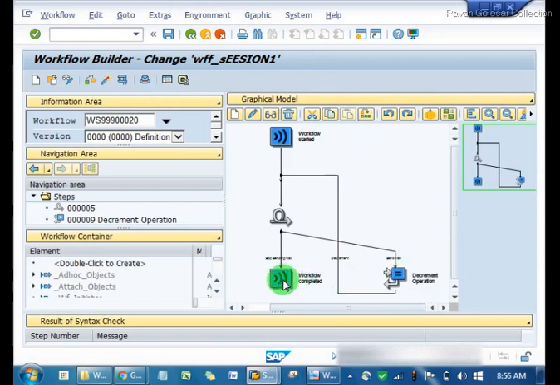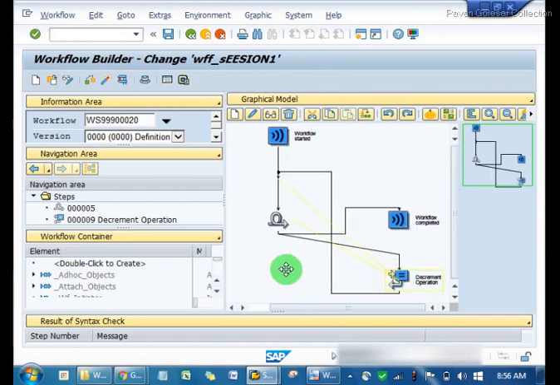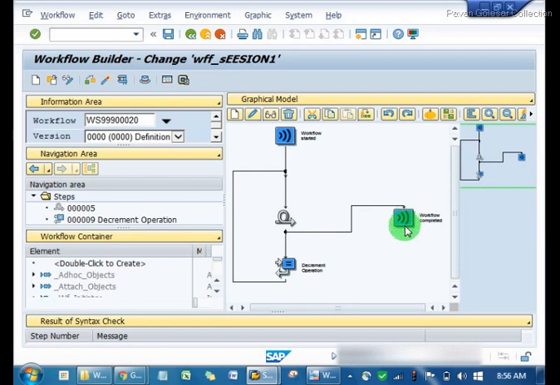As you can see over here, the workflow has started. This loop until object is there, and the decrement operation that we have created is also here. So we have these two objects.